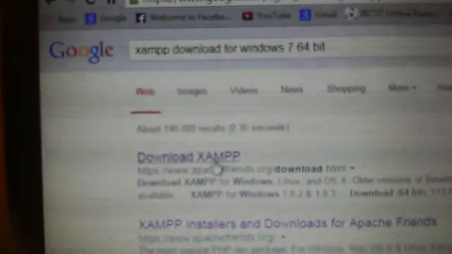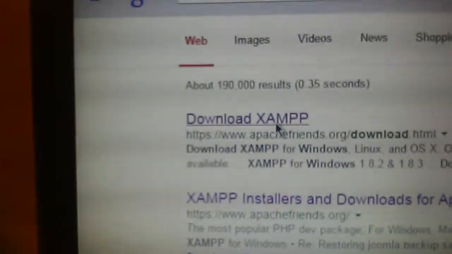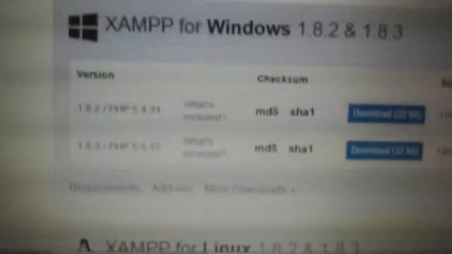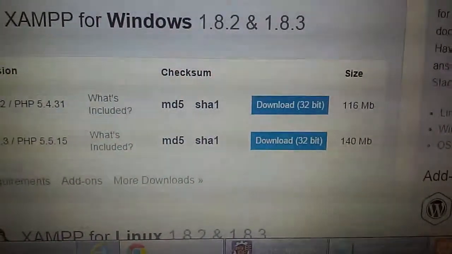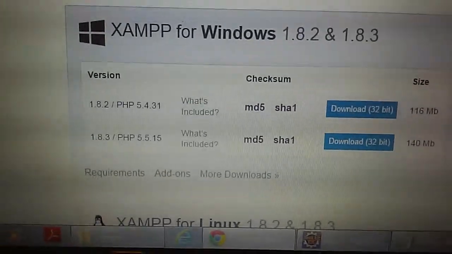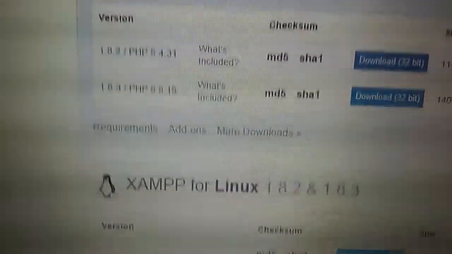As we can see, we can download this XAMPP file. Here we have two versions, one for 32-bit and one for 64-bit, with different PHP versions, like 1.8.2 and 1.8.3.